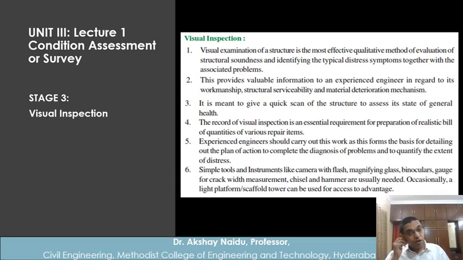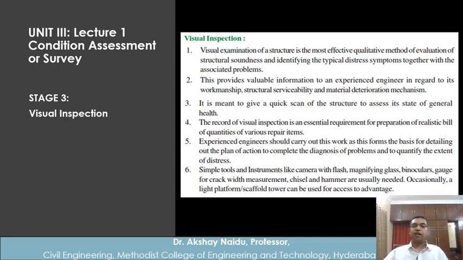The record of visual inspection is an essential requirement for preparation of a realistic bill of quantities for various repair items. So it is not that whatever repair you suggest, the client will just give. We have to itemize and make a bill of quantities. This is the material requirement, this is the workmanship requirement, this is the engineer fee, this is the taxes, this is the additional charges, transportation charges, all in the bill of quantities.